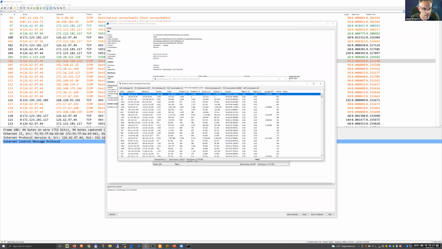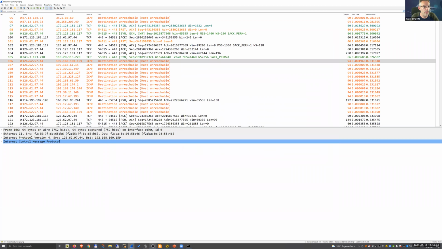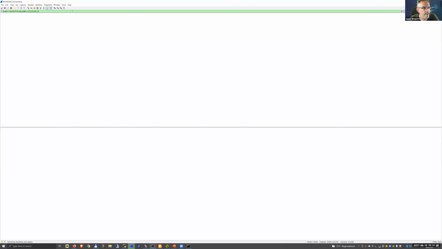So when we look at this conversation, and what I can do here is, if I select this, I can copy a filter in Wireshark syntax for this thing and insert it here. It takes a while because we have about 500,000 packets.